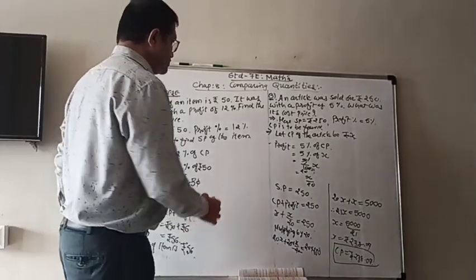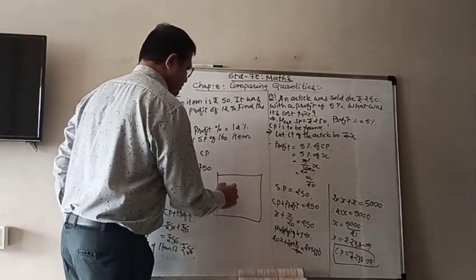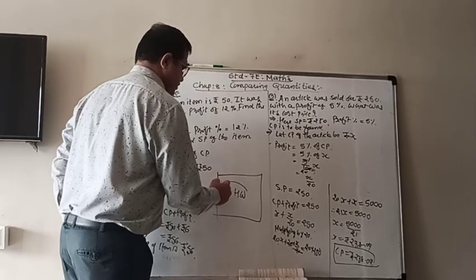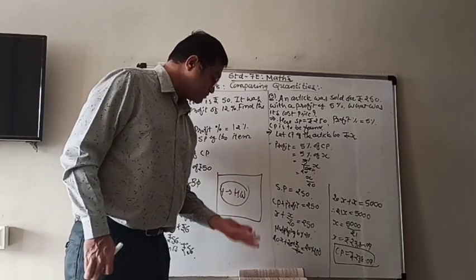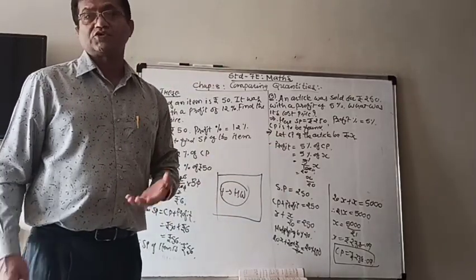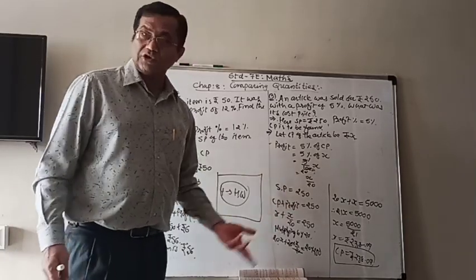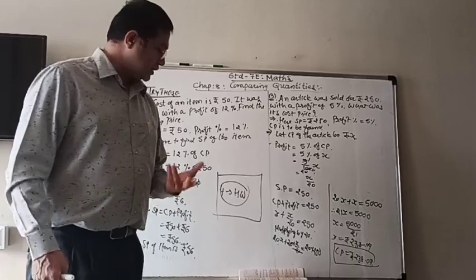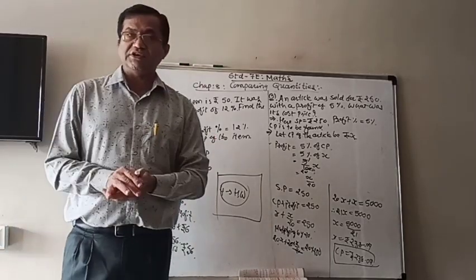So now the fourth sum, try this, is same like the third one, little different. In it loss is given and we have to find the cost price. So the same thing, only the little different will be here CP minus loss, and then you can get the answer. So here we are going to finish today's session,